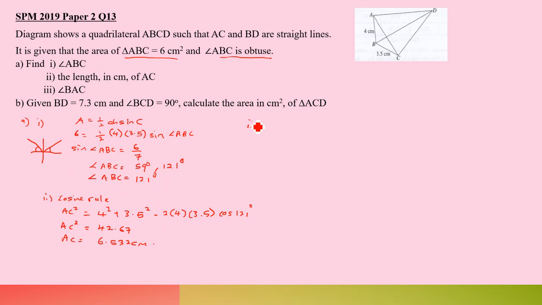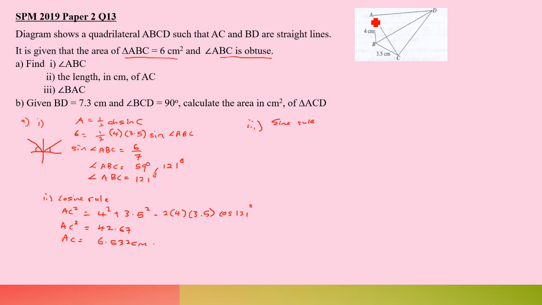They ask you to find the angle BAC. We already know the angle at the point B here is 121, and we don't know the angle at C and A. So we have to use one of the rules to find this. As we know, we have the length of the three sides. So we can use sine rule now, sine rule to find the angle